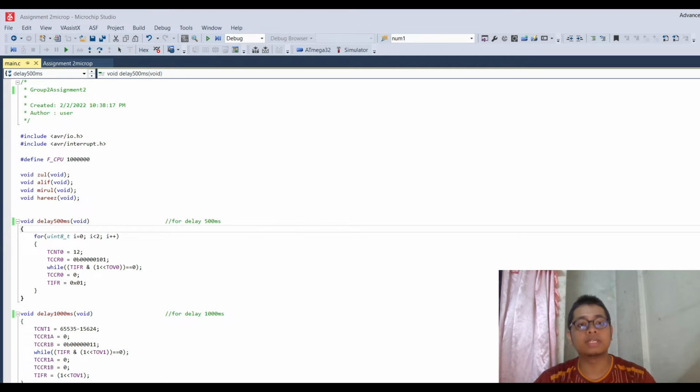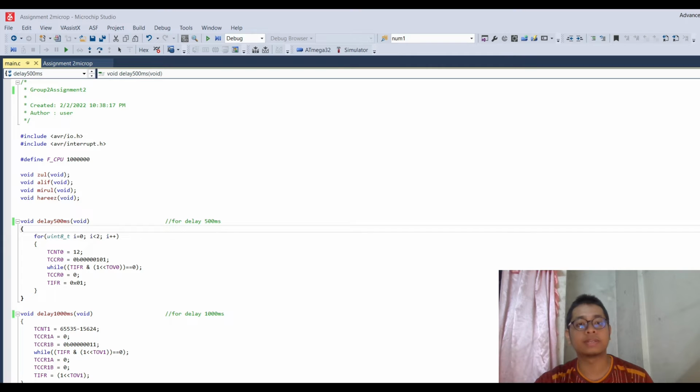In our coding, we will have 4 push buttons as switch 0 to switch 3 that will represent the matrix number of each of the group members. Our delay is 1 second, and then we will have interrupts, which are 2 interrupt push buttons, INT0